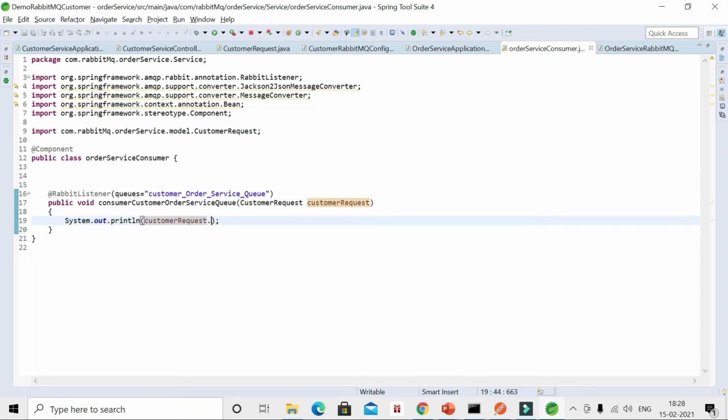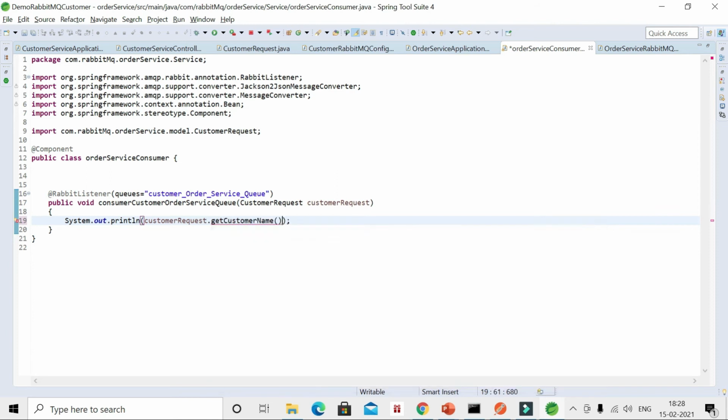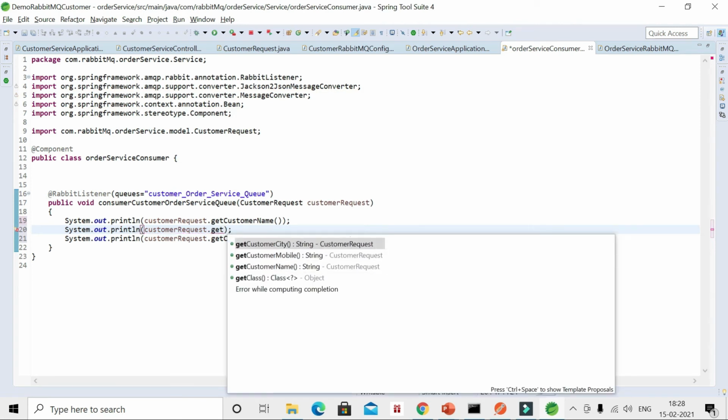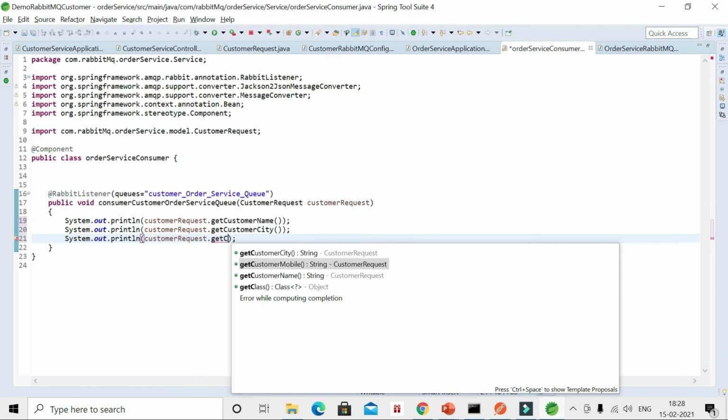So just give get customer name, copy this one, paste. And here we'll give get customer city, and here we'll give get customer mobile.